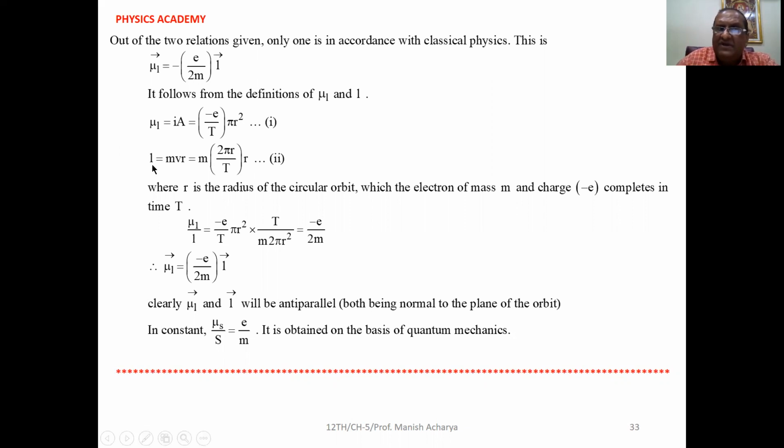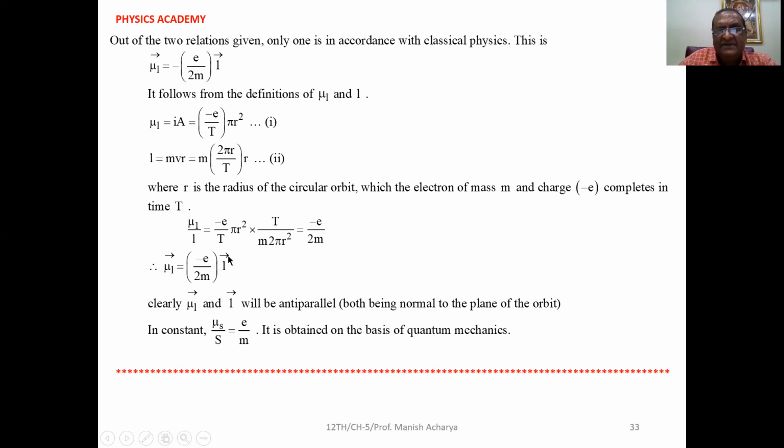Now angular momentum, that is mvr. So v, that is the speed of electron. So when one revolution is completed, the distance covered 2 pi r in time capital T. So v, that is 2 pi r by T into r as it is. Okay. Now if we take the ratio of these two equations, so mu L by L, that is minus e by T pi r square into T upon m 2 pi r square, that is minus e by 2m. So we can write in vector form mu L, that is minus e by 2m into L. So this one is